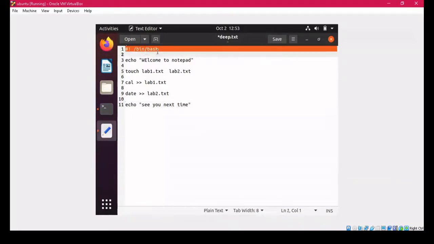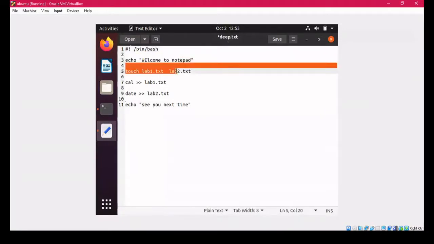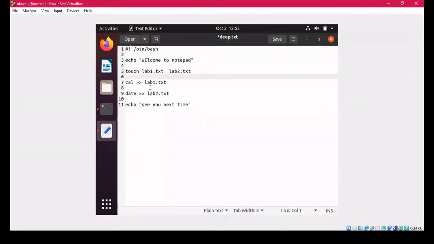Every time you write a script, you have to start with a hash, exclamation sign, then with a space, /bin/bash. I have left spaces after every command so that it is better visualized. Now I am writing this echo command and displaying the message "welcome to this notepad".